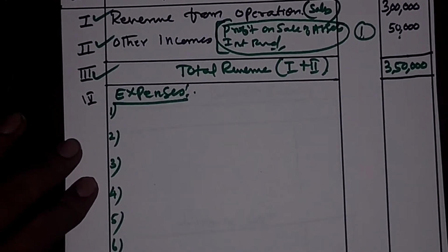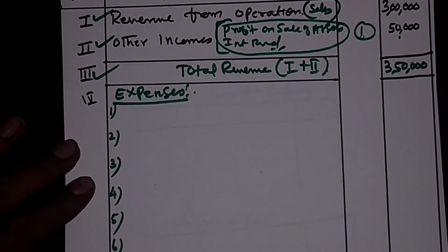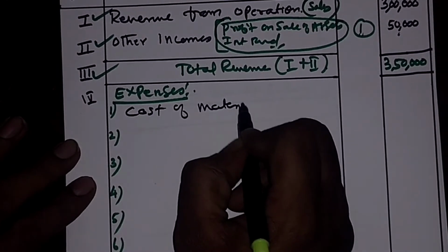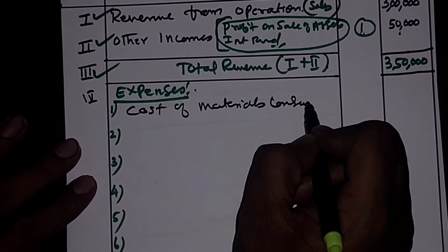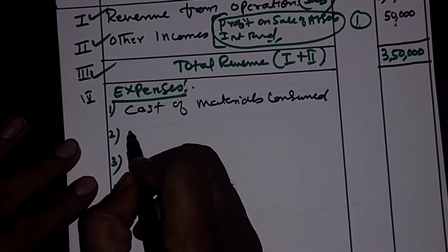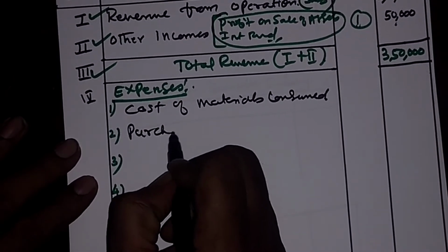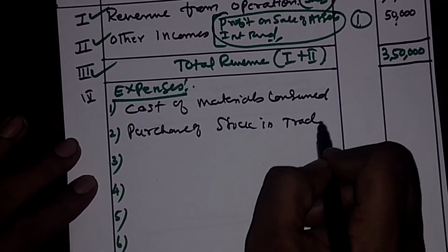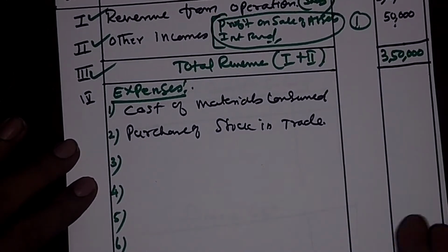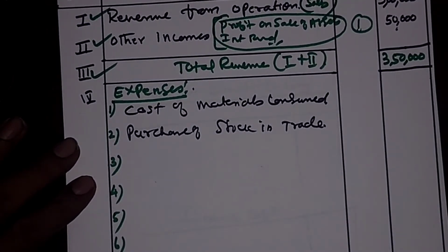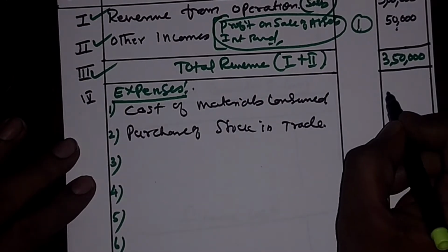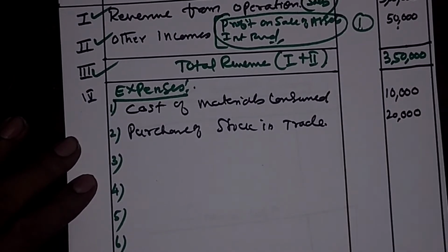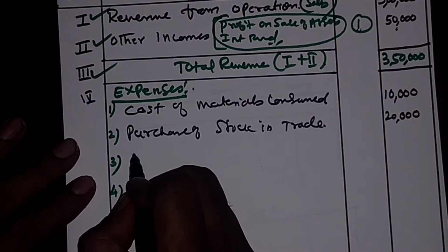These expenses we are going to write, there are 9 different expenses. First one is the cost of materials consumed. Second one is the purchase of stock in trade. We cannot expect in a problem that all the entries will be given. Very few entries will be given. Or else let me take, for understanding purpose, 10,000, 20,000. Third one is